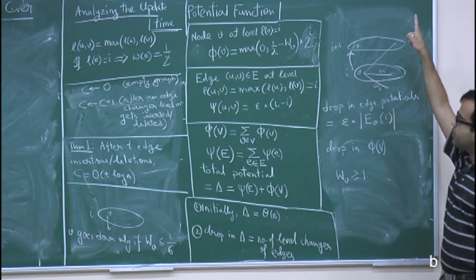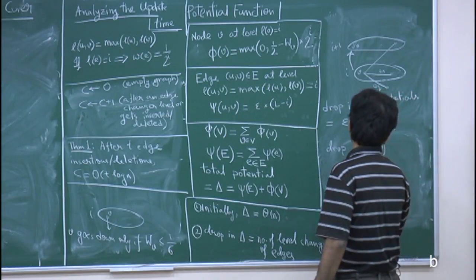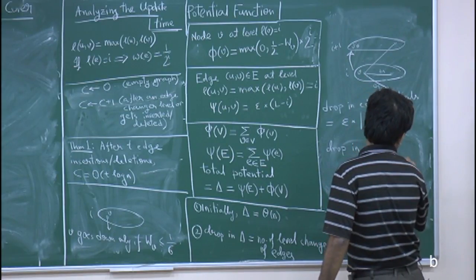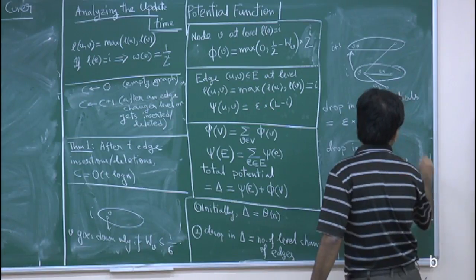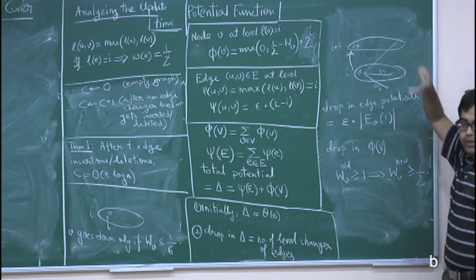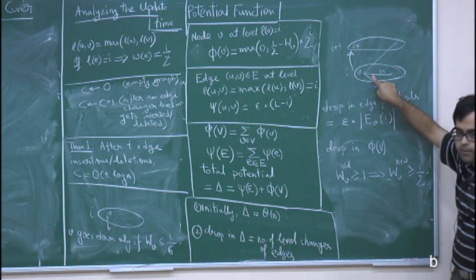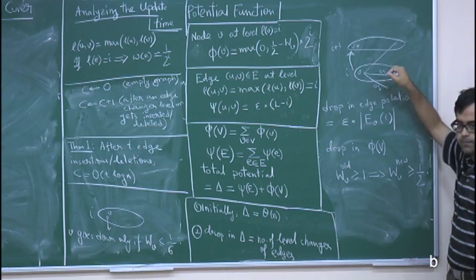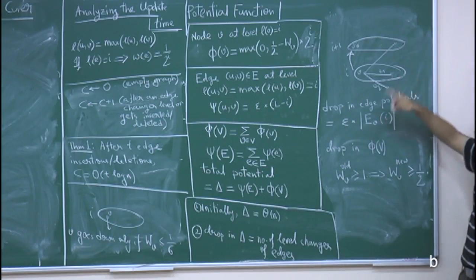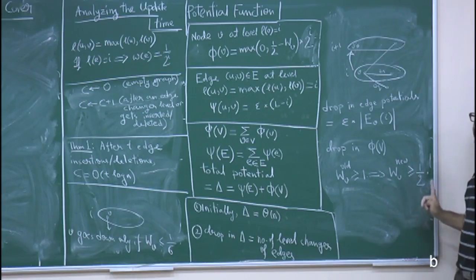Now, if V's weight is beyond 1, when V goes up, what will be the new weight of V? So, this is old weight of V. The new weight of V has to be at least half, no? Because when V is going up, what is happening? Some of its adjacent edges are reducing their weight by a factor of 2. So, if you look at an edge E 1 like this, earlier it was 1 by 2 to the power I, now its weight is 1 by 2 to the power I plus 1, and the remaining edges, their weights are remaining fixed. So, if V goes up a level, its total weight can drop by at most a factor of 2. So, V's new weight has to be at least half,